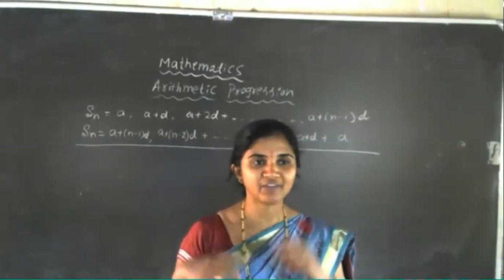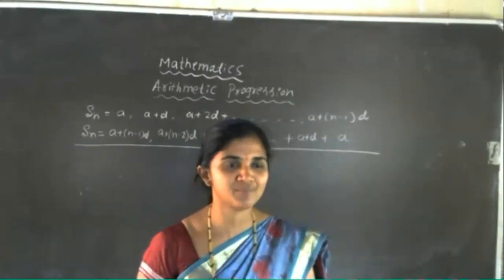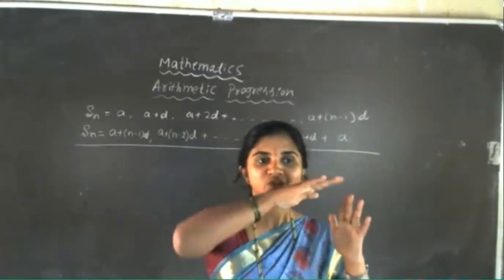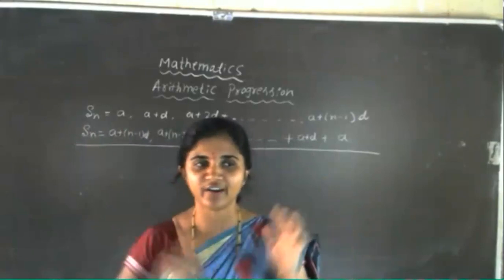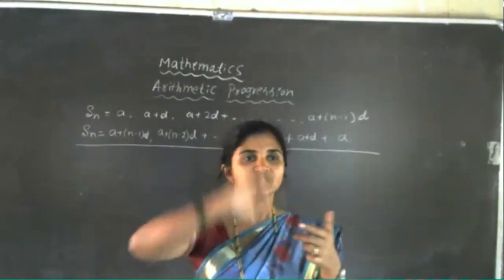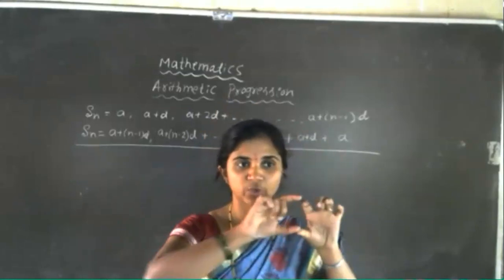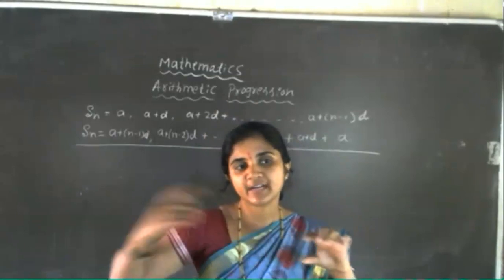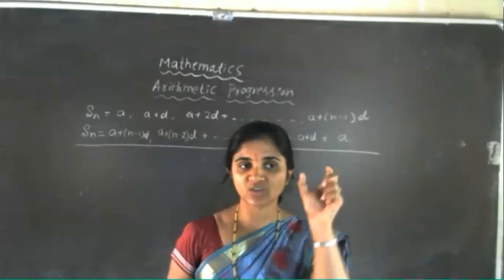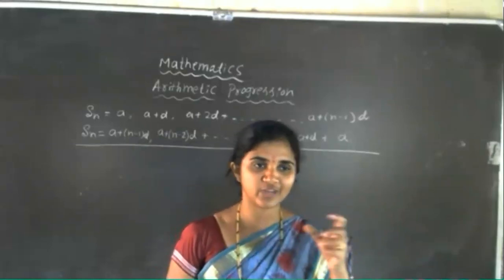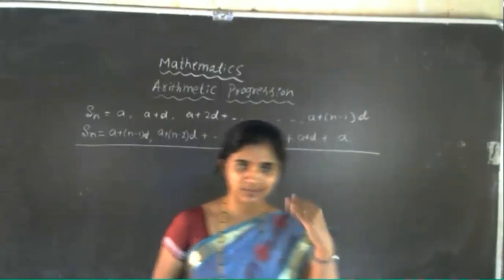So he applied one trick to find out the sum of the first 100 natural numbers. What method did he actually apply? 1 to 100 on one side, then in the very next line he took the reverse order, 100 down to 1. Then he did the sum of that, and got 101, 101, 101. So he observed 101 present 100 times. So 2S is equal to 101 into 100, therefore S is equal to 101 into 100 divided by 2. He worked it out on that principle.